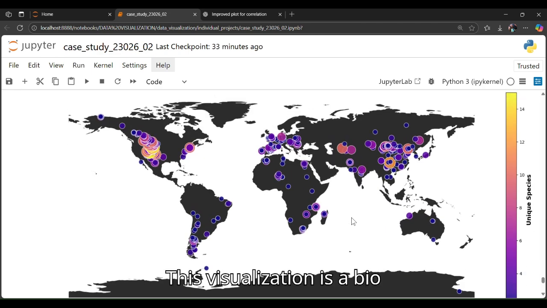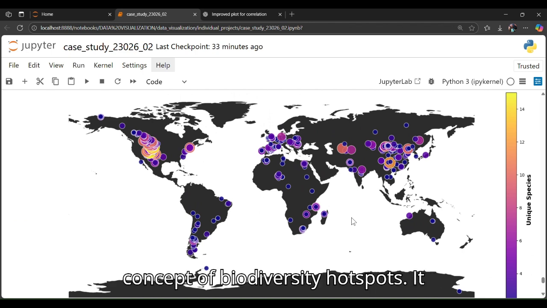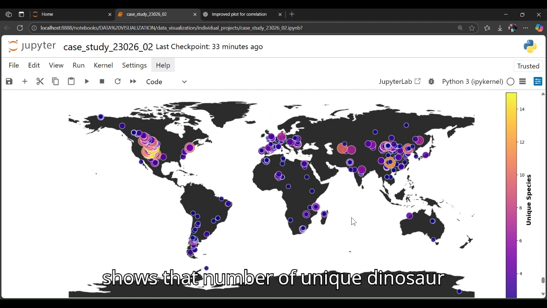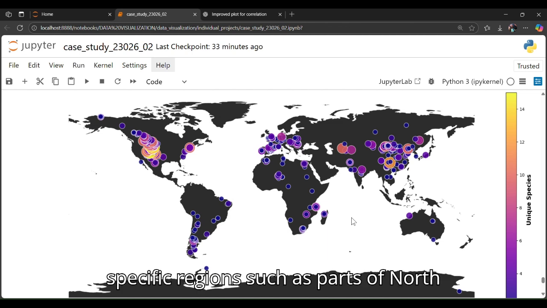This visualization is a representation of biogeography and the concept of biodiversity hotspots. It shows that the number of unique dinosaur species is not evenly distributed across the globe, but is instead concentrated in specific regions such as parts of North America